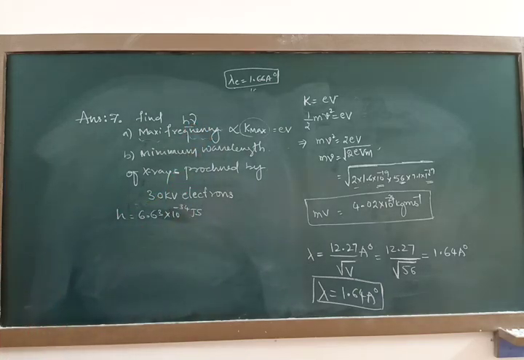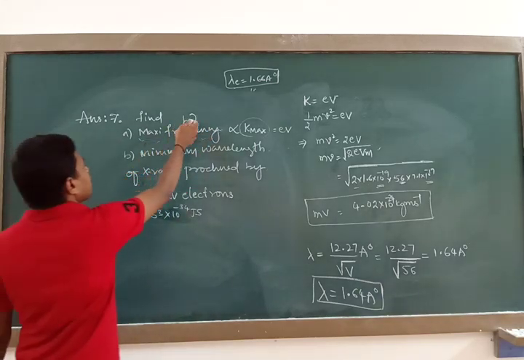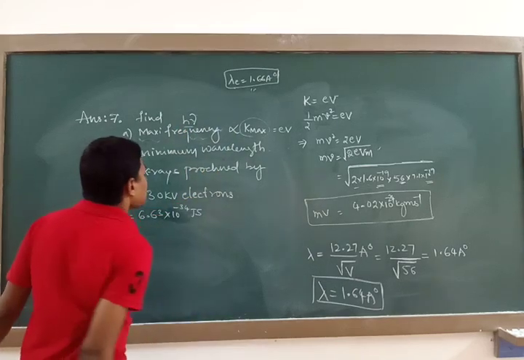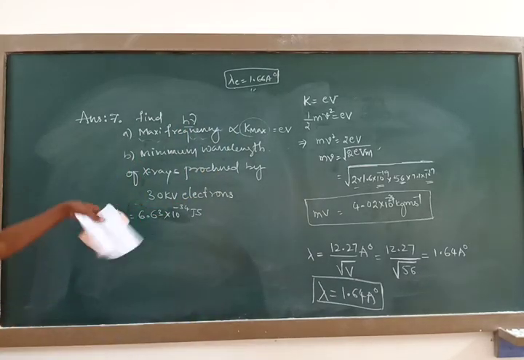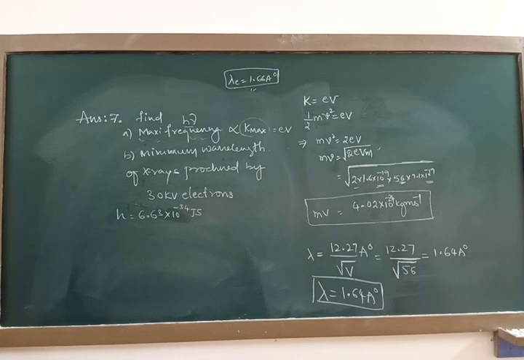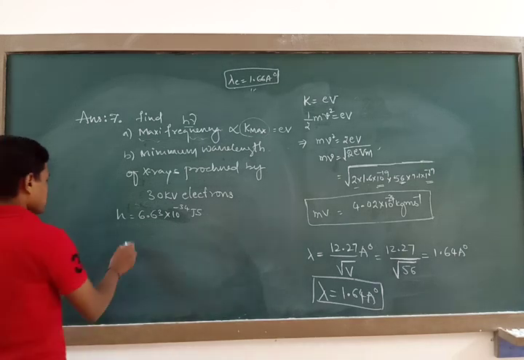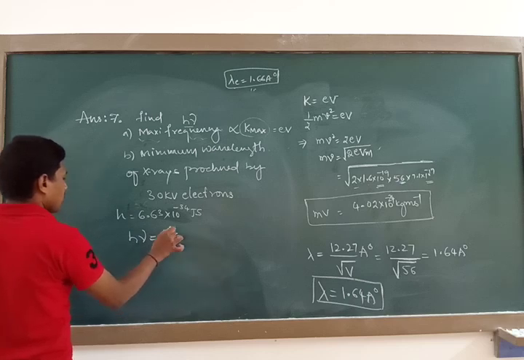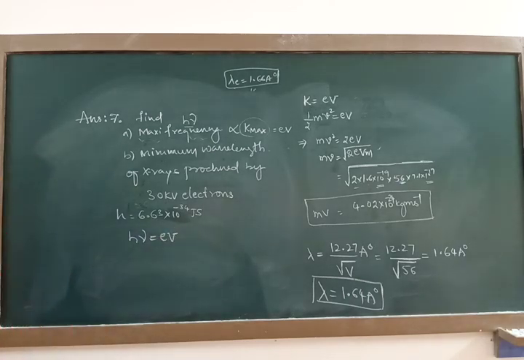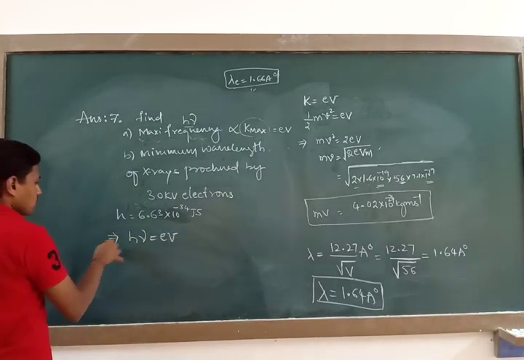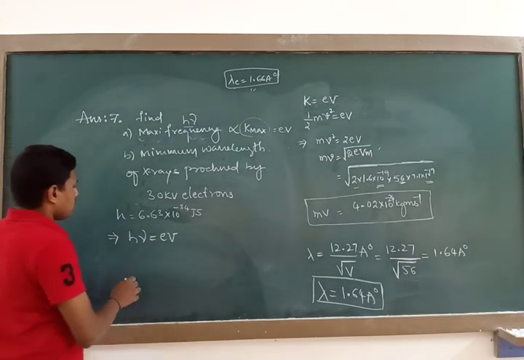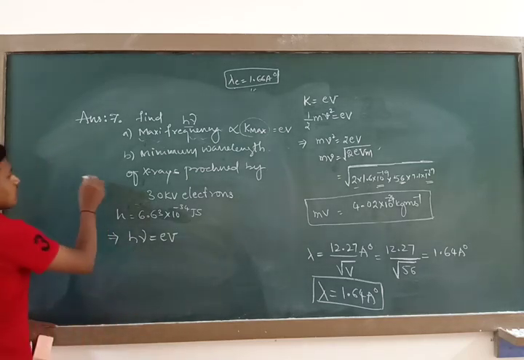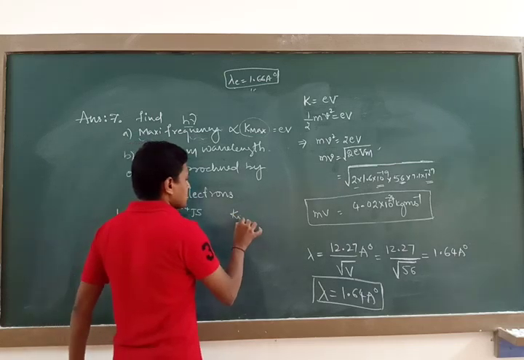So the energy associated with the particle we are taking as h nu. Therefore h nu is proportional to Kmax, which is also proportional to EV, meaning obviously this h nu is equal to EV. h nu is equal to EV. Is it true or no? Here it means kinetic energy is maximum,